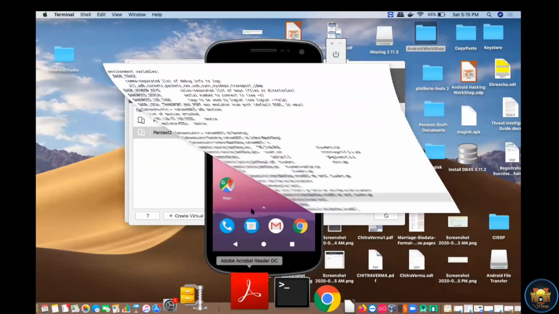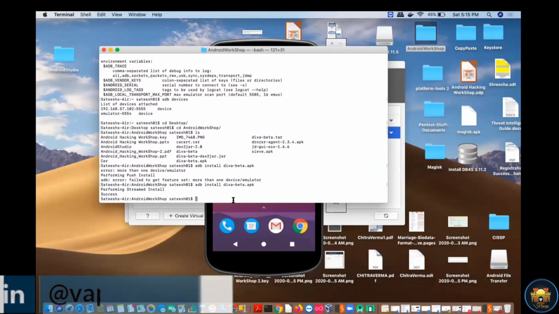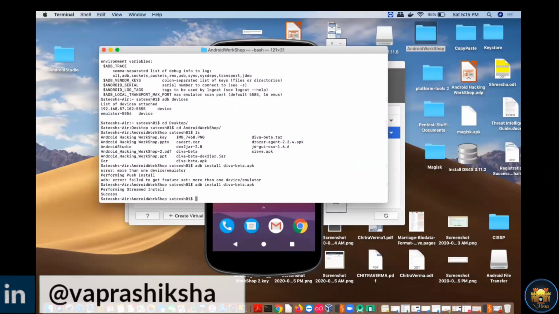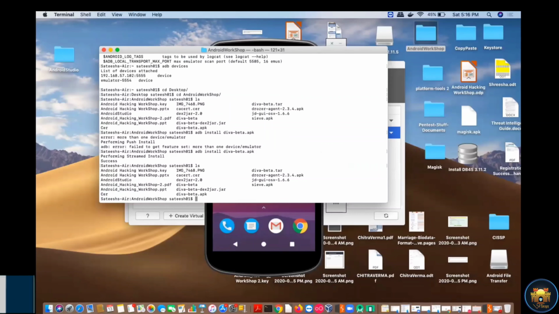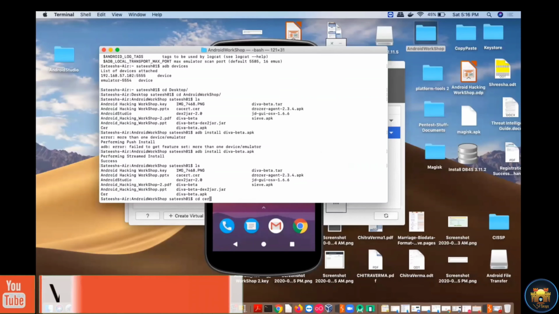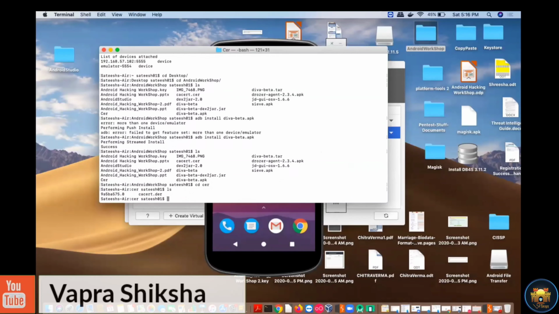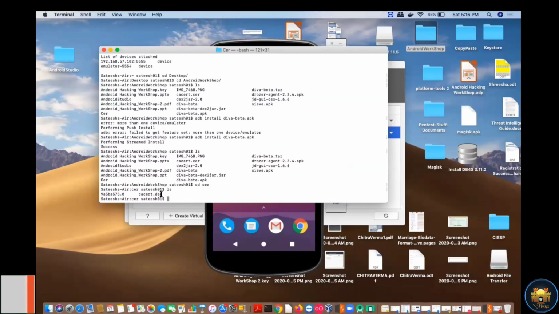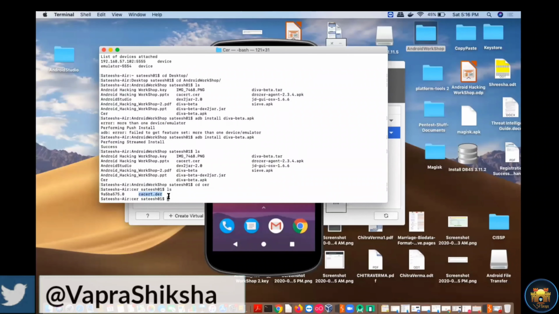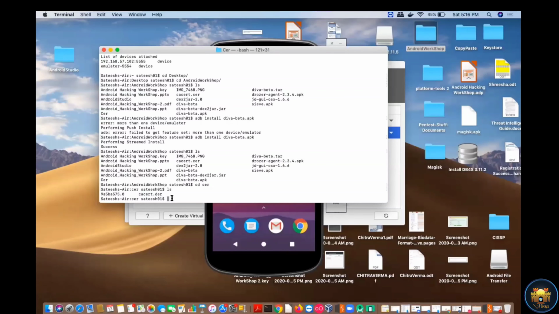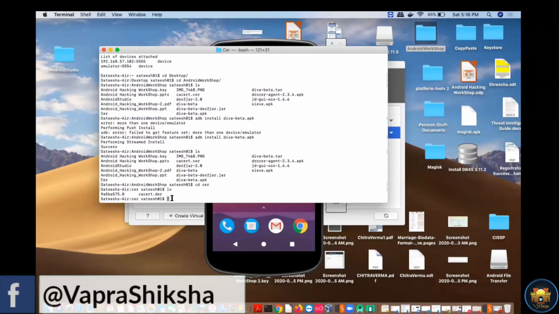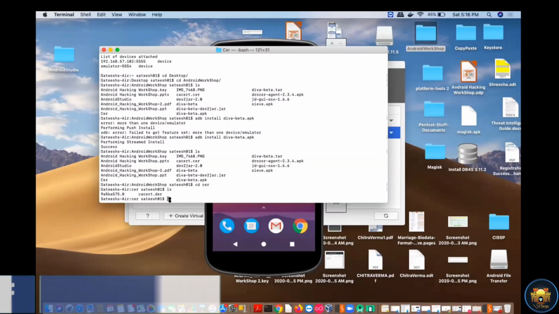So for that, I will be using this, and if I check with ls, and go to cer, ls, right? So guys, I have one file here, .cer, which I just downloaded. I explained how you can download this DER file from Portswigger, right?